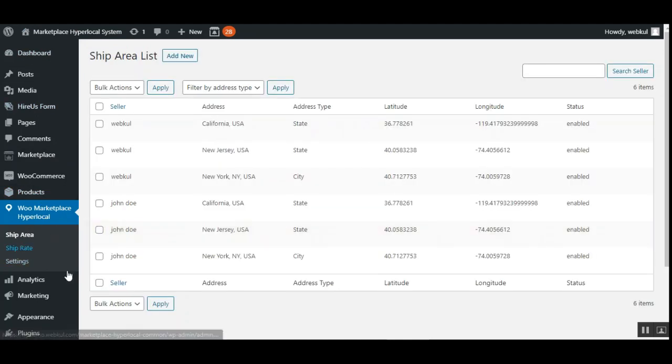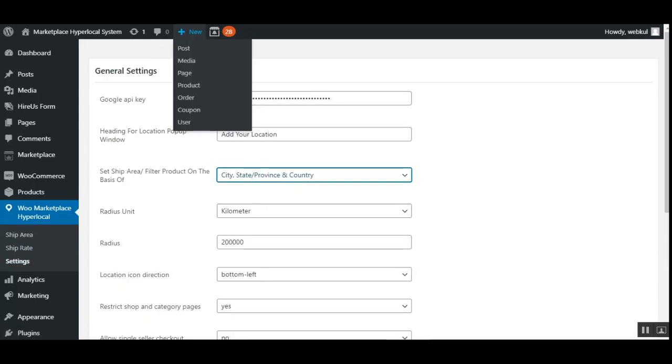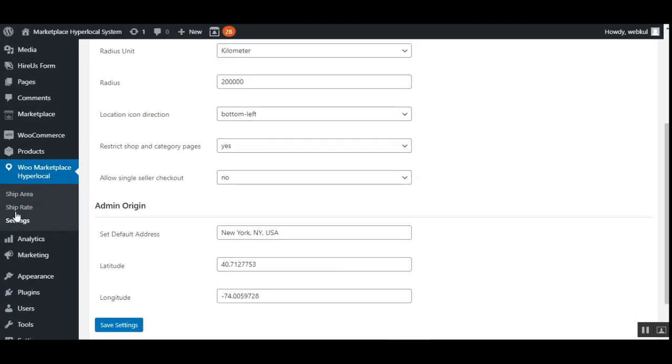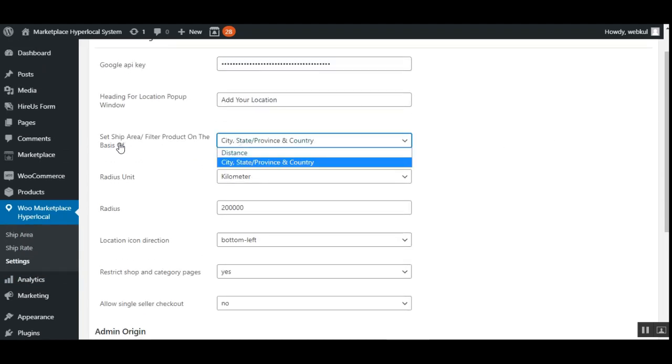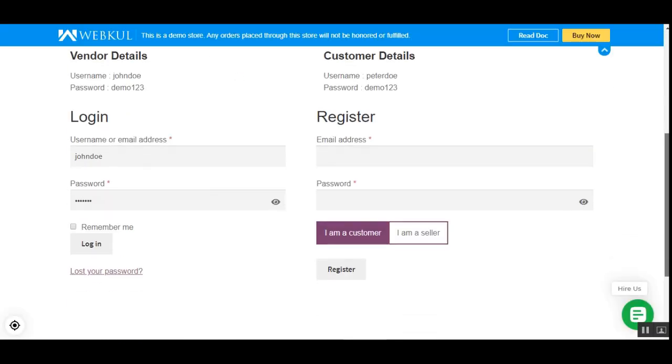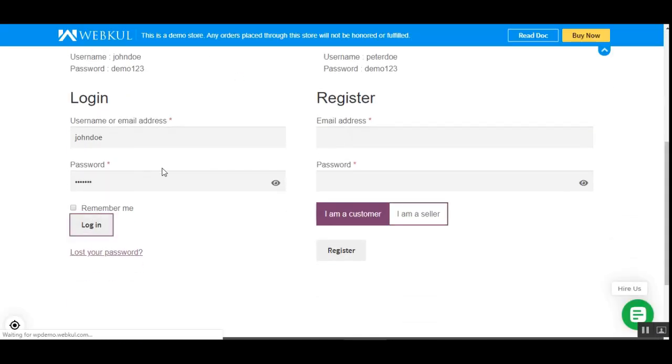Under the ship area section here. So that was the basic settings under the settings section as I've just shown you. Then we did the ship rate, and when we chose the ship area as city, state, province, country, we had the ship area option. We set up the ship area for the admin as well as for the sellers. Now let me take you to the web store front end, and let me access the seller account first. So at the front end, let me log in as a seller,